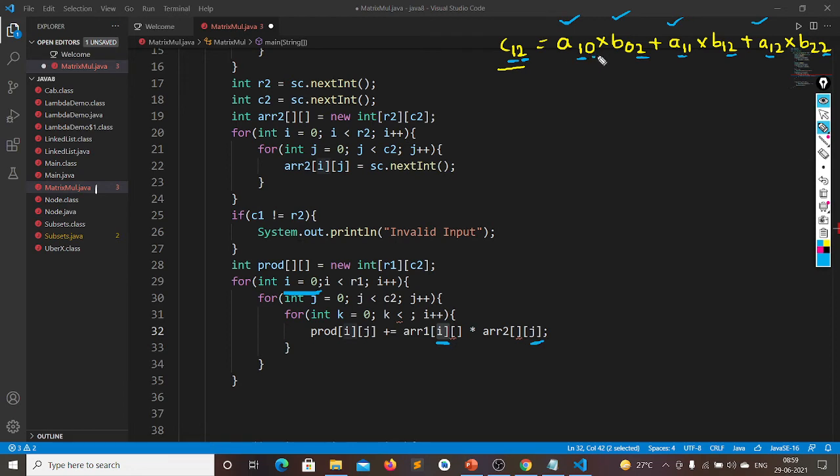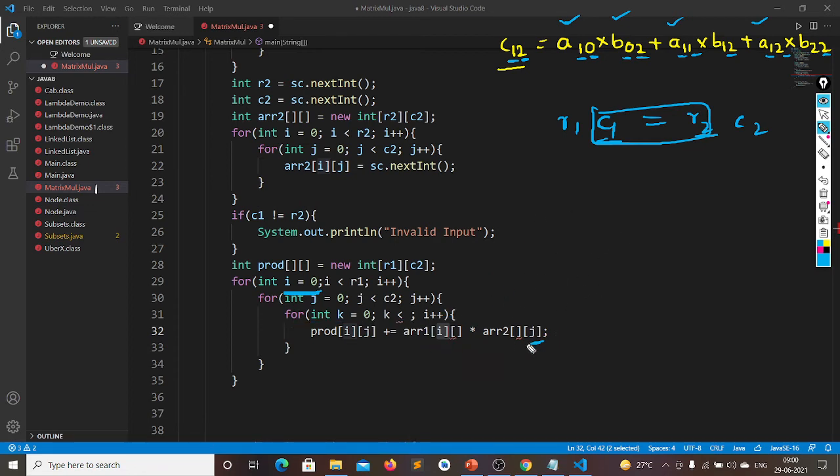Then what about these things? Here see 0, 1, 2. It is incrementing. And again here also 0, 1, 2. That is the reason I took another loop, k is equal to 0 and k less than something. What is this, 0, 1, 2, 0, 1, 2? There are R1, C1 and R2, C2. This C1 and R2 should be equal. So here we can write either C1 or R2. No problem, we can write anything.